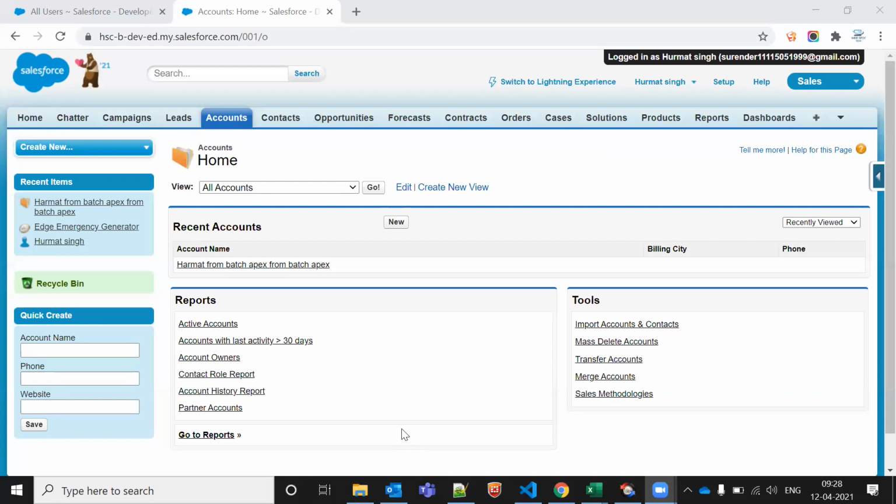We cannot create master-detail relationship between two standard objects. So let's say I have one contact, one opportunity. So I created a custom lookup, a custom field. After that, what I want to update from child to parent, opportunity to contact. So can I do that?